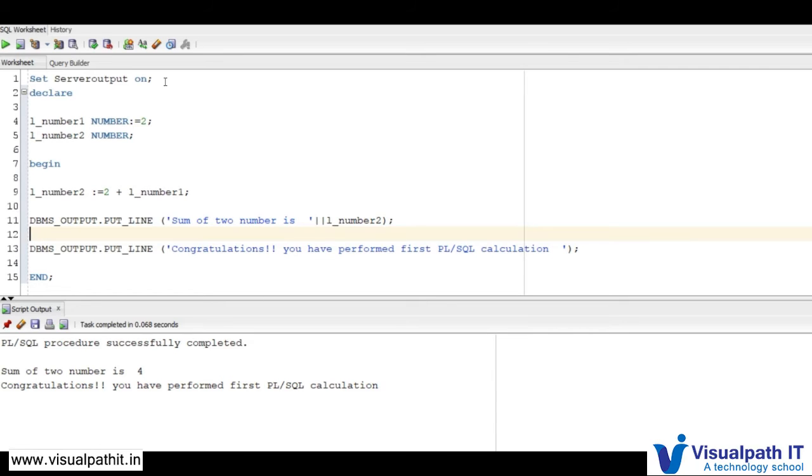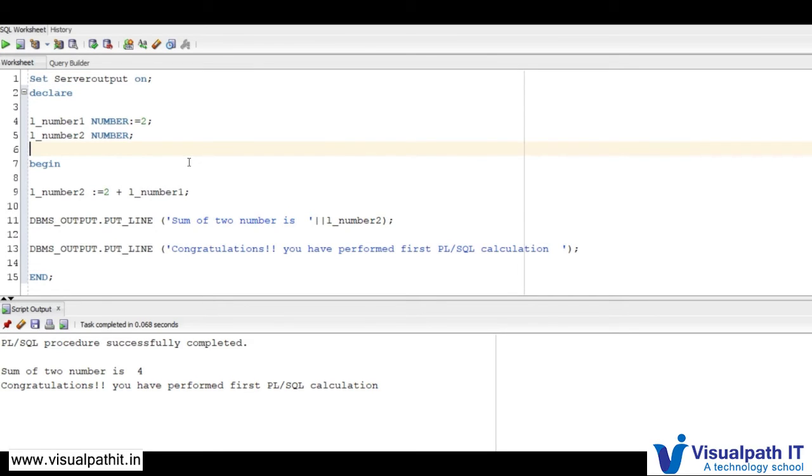Okay, what I have done is this. You can just forget this statement for now; later on, you will come to know. Just remember that it is to see the output of the entire PL/SQL block here. It just enables the output for the user to view.